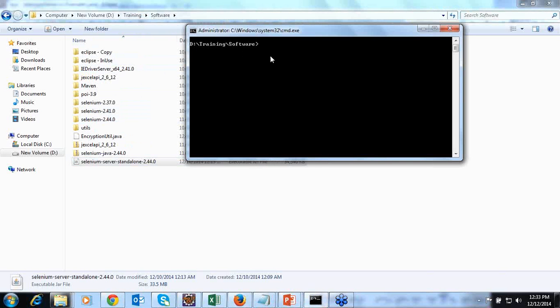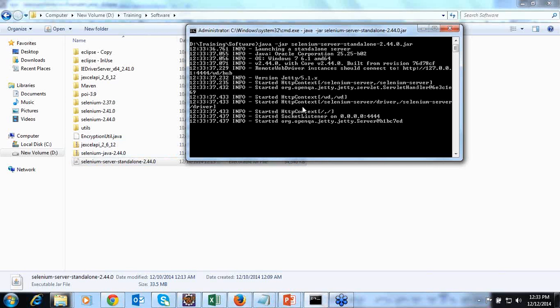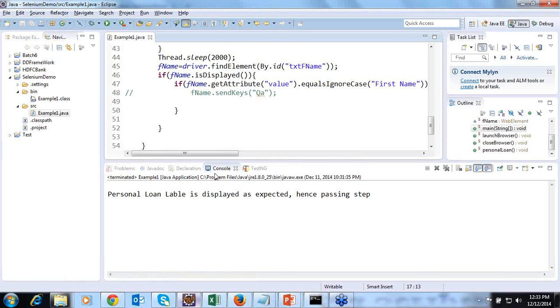Now I have to type a command called java -jar, followed by selenium-server-standalone-2.44.0.jar. That's the name of my jar file. After typing, hit enter. As soon as you hit enter, the server will be started and up and running. Now I can start running the script from Eclipse.